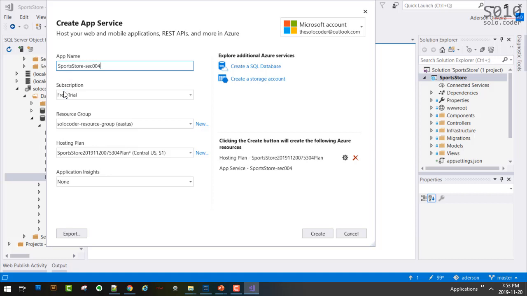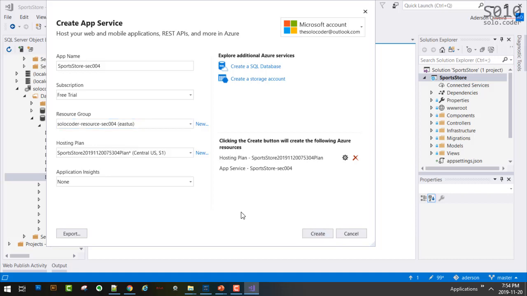And then I can select free trial. It's already pre-selected for me. Resource group. I will select the resource group that I have created for this class. Again, you're just going to have one resource group. Select that one. Hosting plan. Keep what they have added here for you. That's fine. Just keep it as is. And hit create. When you hit create, it will create the application on Azure, and it will deploy your application to Azure as well. And in the end, it will give you a URL that you can hopefully access your site from anywhere. Okay?